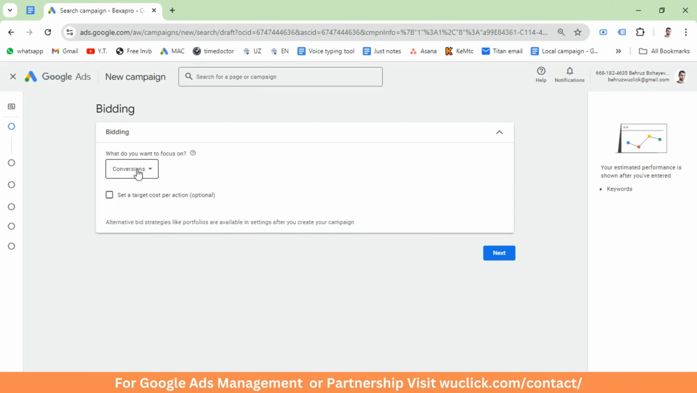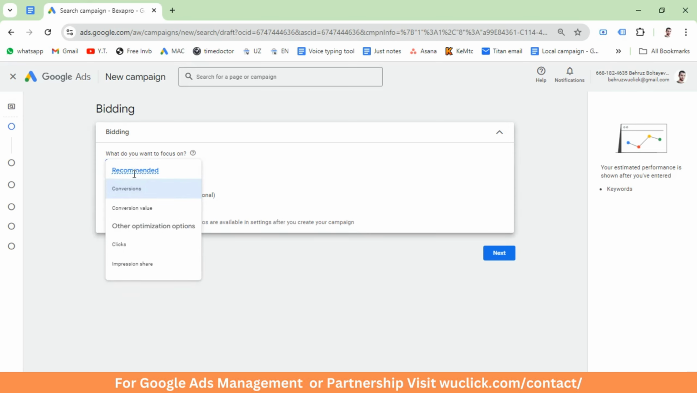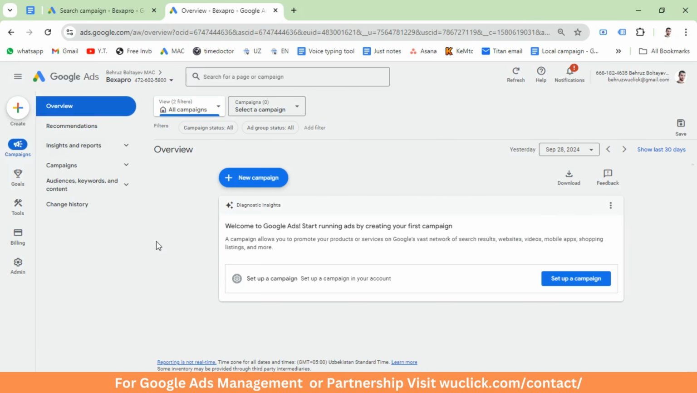And what we're gonna focus on, are we gonna focus on conversions? Because we don't have enough data, we're gonna focus on clicks and set a maximum cost per click limit. I would suggest you to open another tab, your Google Ads account, and go to the keywords planner. So I'm gonna open Google Ads account once more by opening this tab. So I've opened a new tab, and this is exactly the same account,